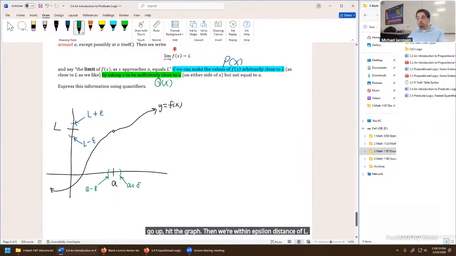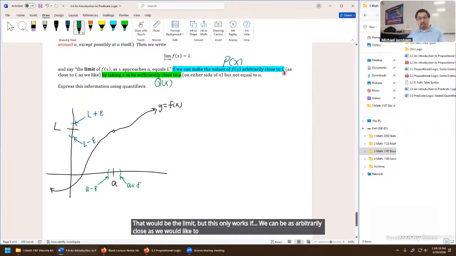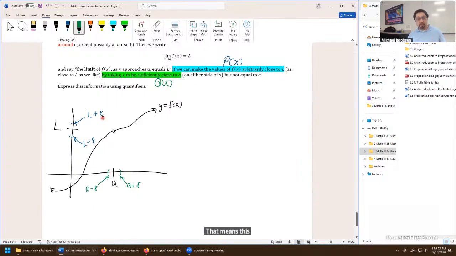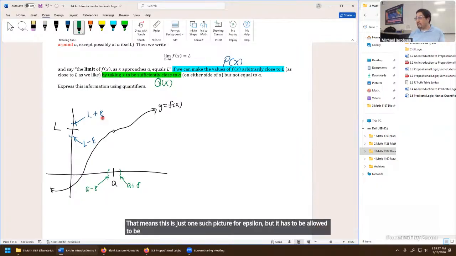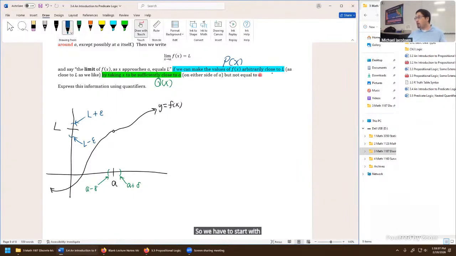That would be the limit, but this only works if we can be as arbitrarily close as we would like to the limiting value L. That means this is just one such picture for epsilon, but it has to be allowed to be any epsilon. It has to be allowed to get smaller and smaller and smaller, never zero, but as close to zero as we'd like. So we have to start with a quantification for arbitrarily close to L by rewriting